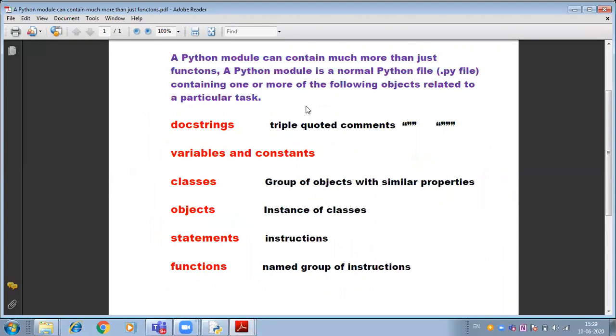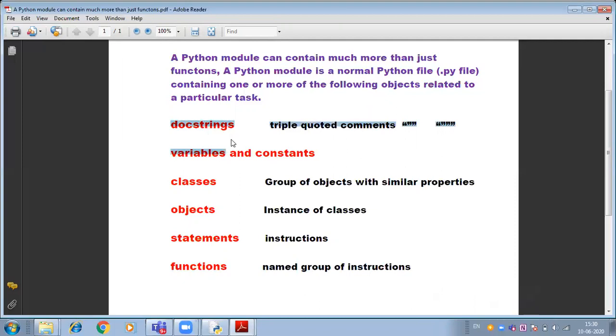A Python module can contain much more than just functions. A Python module is a normal Python file which is saved with .py file extension containing one or more of the following objects related to a particular task. So you will find various things inside a module. So you have to keep these things in mind while defining a module.